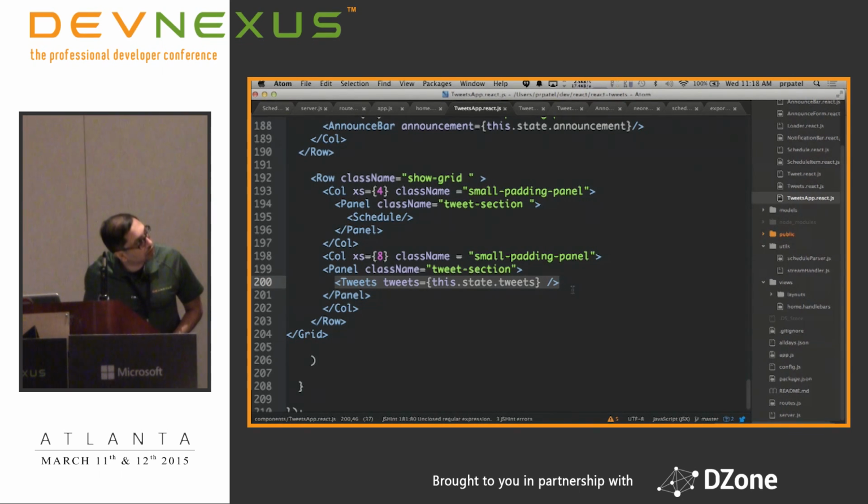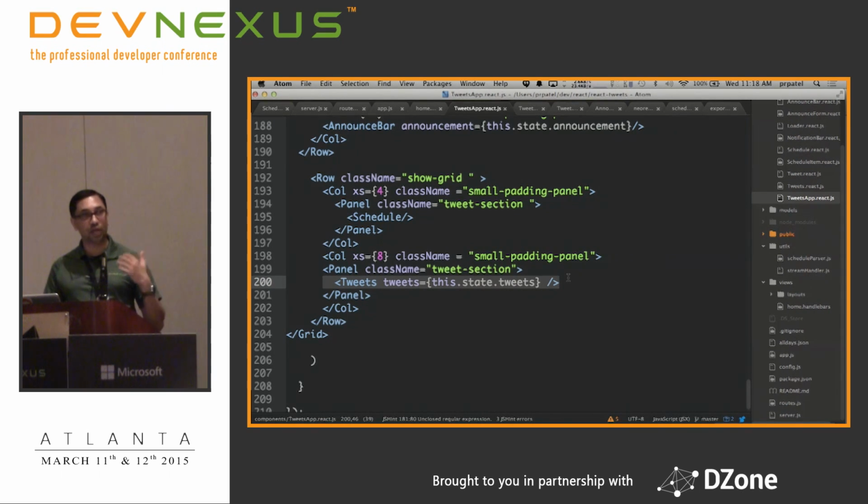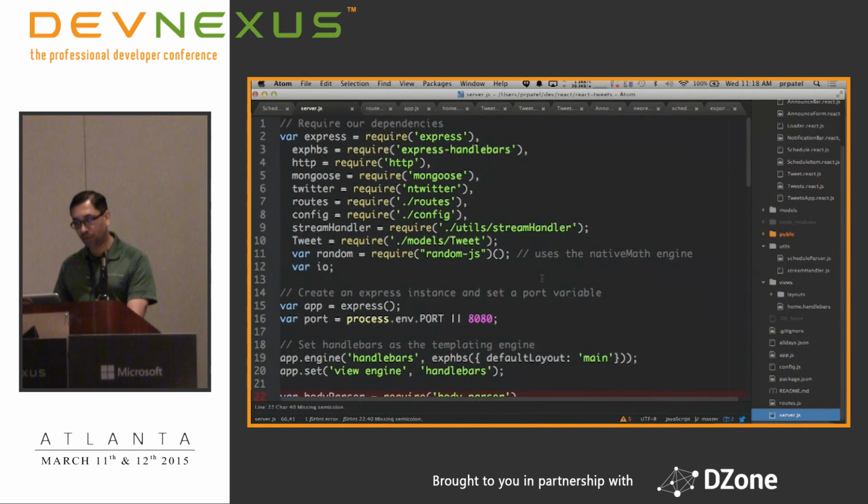You guys see that? Or is it kind of difficult to tell if it's highlighting or not? Right? But basically this part right here. Tweets equals, tweets equals this.state.tweets. And that's how the state gets pushed down into a subcomponent. Right? So how are we doing the dynamic changes once the web page is actually live and streaming the tweets in? I mean, what I have running here is I'm just using a simple,